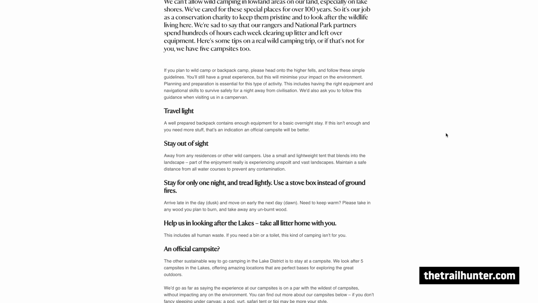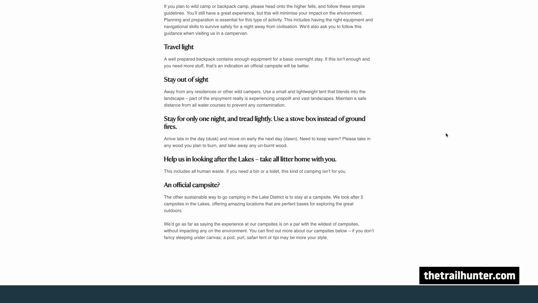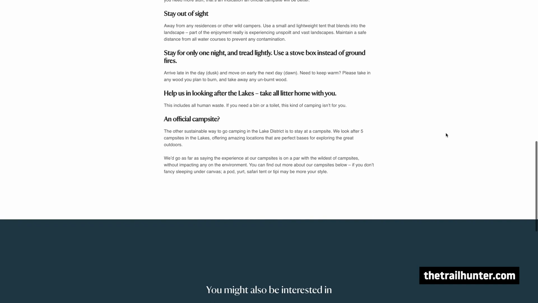But it's basically the only national park, or the only part of the National Trust, where they actually promote wild camping. The main points are basically travel light, stay out of sight, stay for only one night and tread lightly. Use a stove box instead of ground fires. So yeah, absolutely no campfires. It's just going to make a mess and it's not very good for the environment,